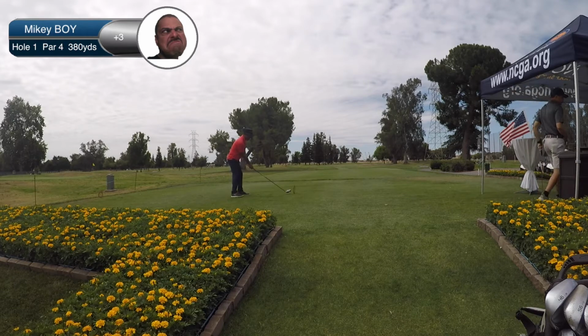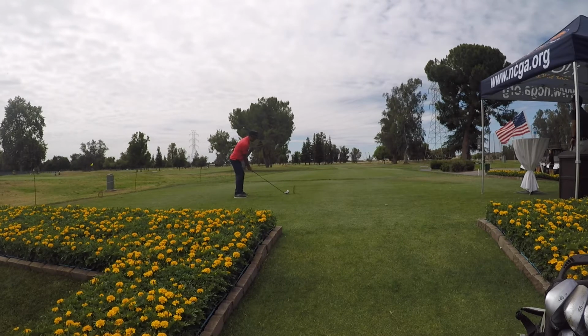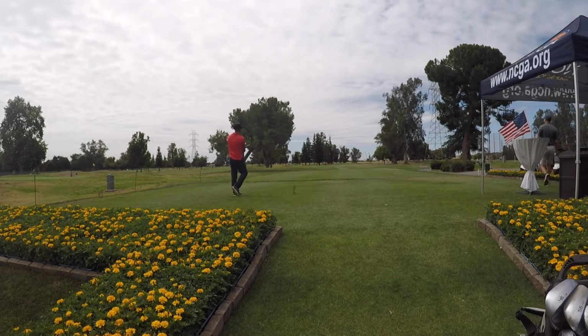Here we go. Hole number 1. I'm 3 over, 380 yards, par 4. I'm trying to evade that tree on the left-hand side. Okay, so I hit a nice shot right down the middle. It hits into a bunker,